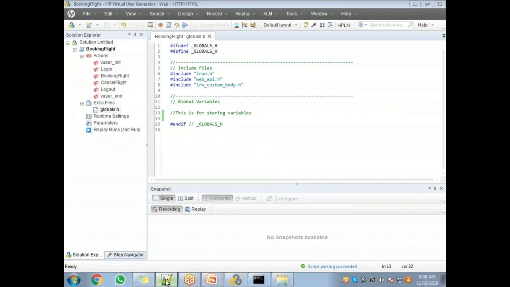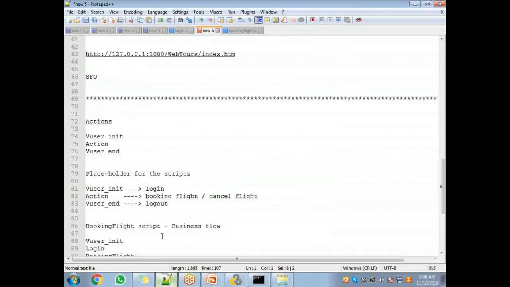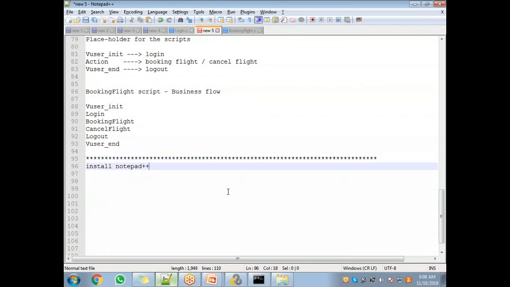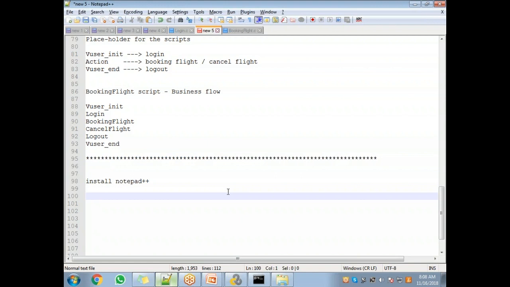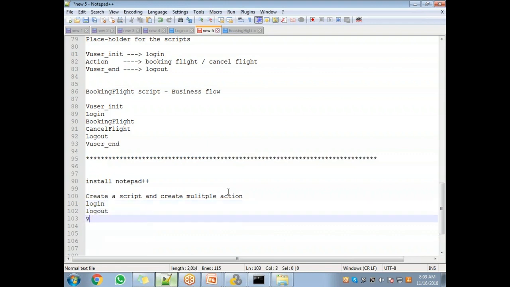Okay, today's assignment. We are not done yet, but whenever I remember, I'm giving the assignments. Today's homework: install Notepad++. Every performance tester needs to have that particular Notepad++. And the second thing is, create a script and create multiple actions. The same actions: login, logout, book flight,